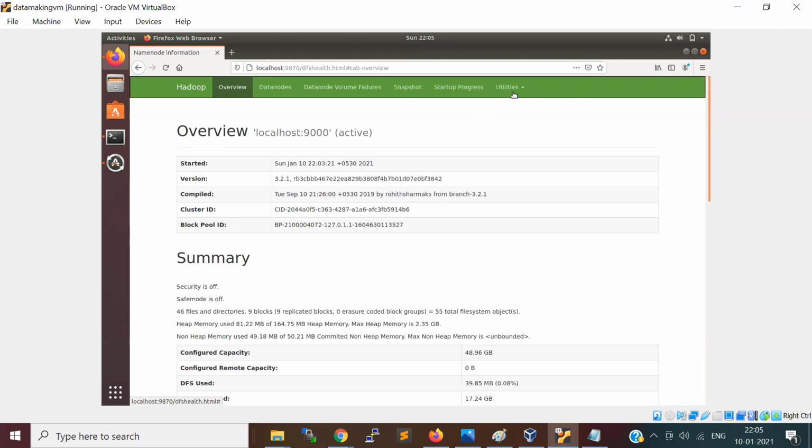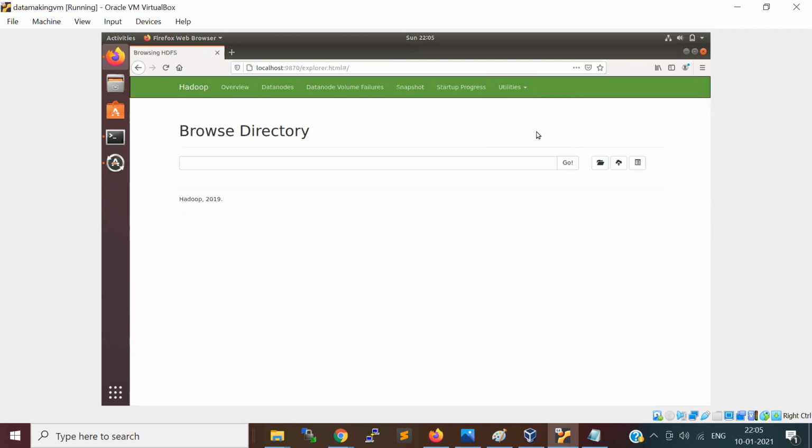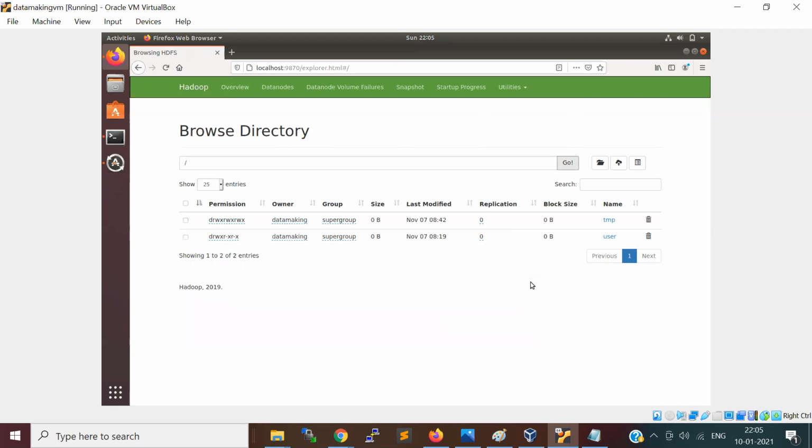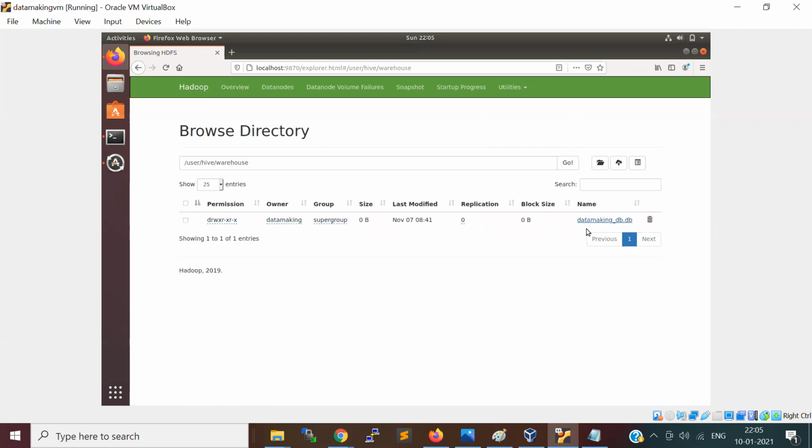Here there is a utility option where I can browse the HDFS file system using this browser. I just go here. See, there are two directories. I can navigate to this. Inside the user folder there is a Hive folder, warehouse, and it has directories for others.